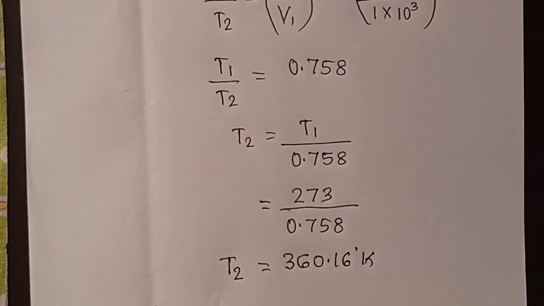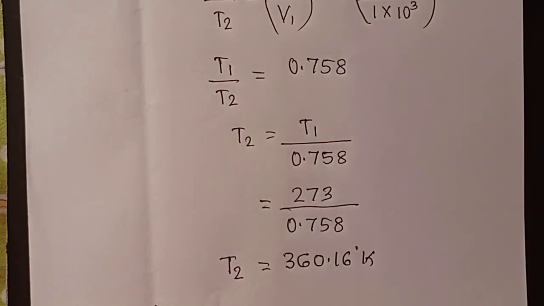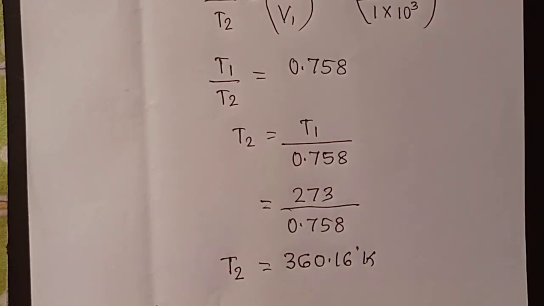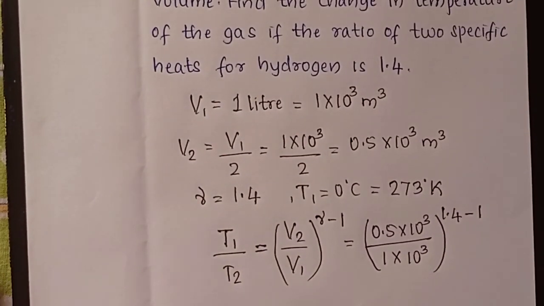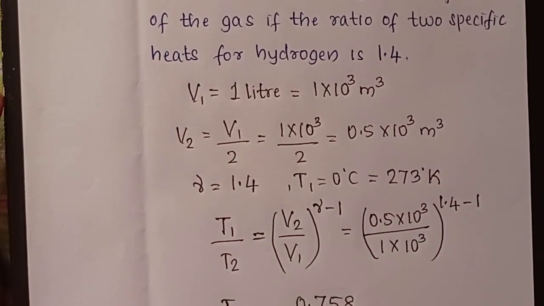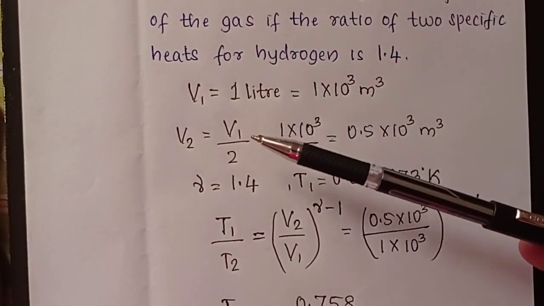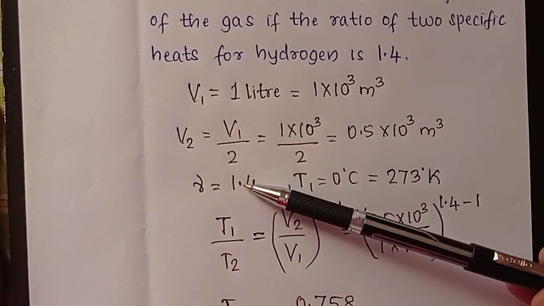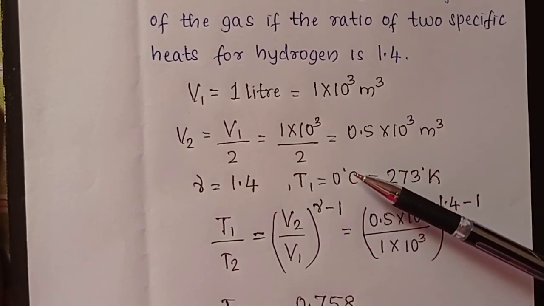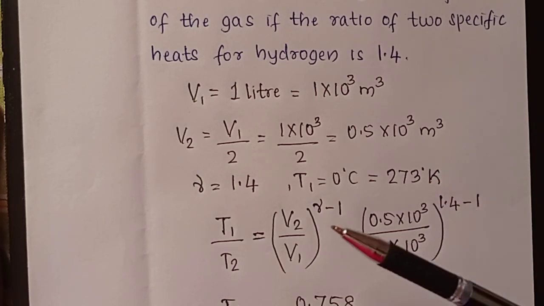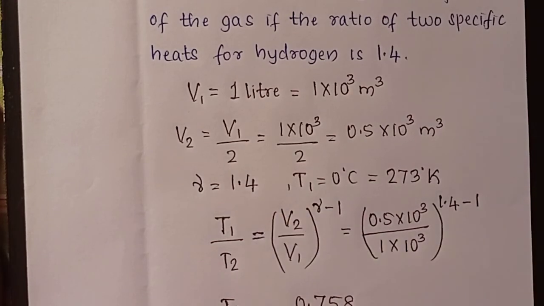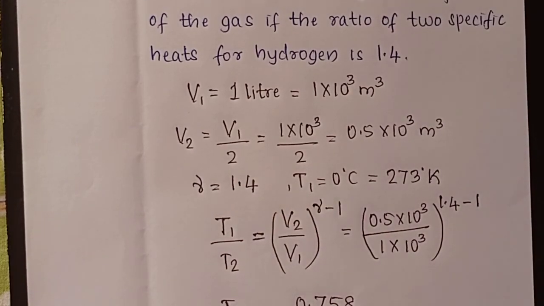So how did I get this? In the problem he has given me the value of V1 and V2. T1 is known to us, and then gamma is given. Just now again I will brush the things, or we will revise the things. So V1 is given, V2 is given, similarly gamma is given to us, and T1 is given. T1 is 0 degree centigrade, it becomes 273 degrees Kelvin. So as gamma is given, it has to be reversible adiabatic process, or it is called as isentropic process or constant entropy process.